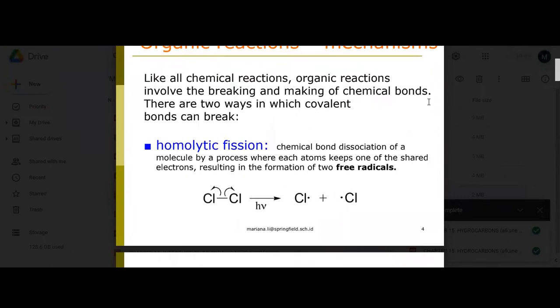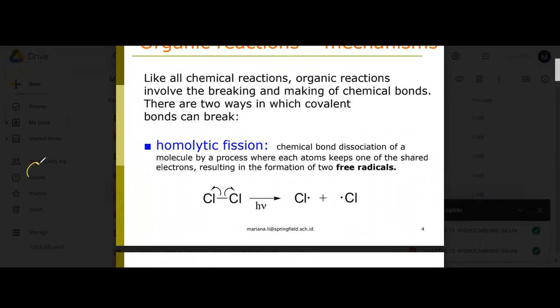Okay, homolytic fission is where the bond dissociates, and this process occurs when each atom keeps one of the shared electrons. The result of homolytic fission is a neutral species with an unpaired electron that is called a free radical. You can see the homolytic fission of chlorine here